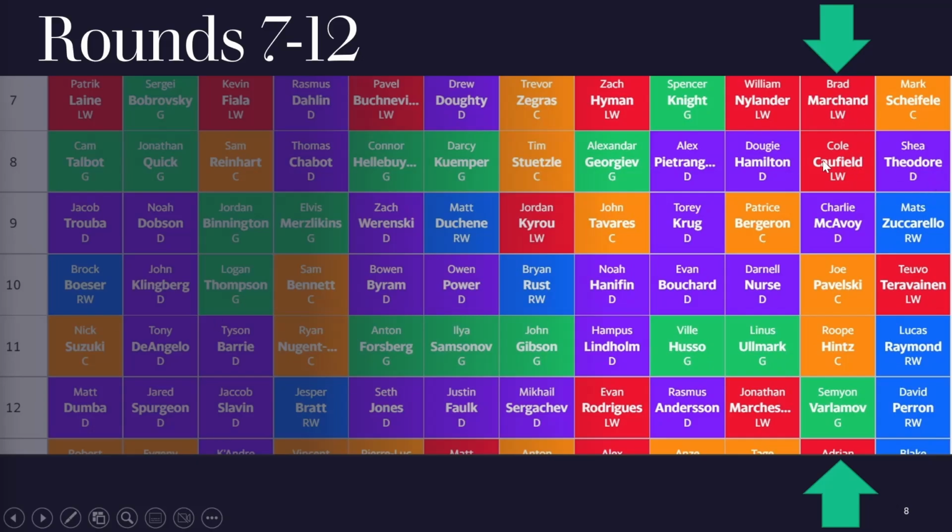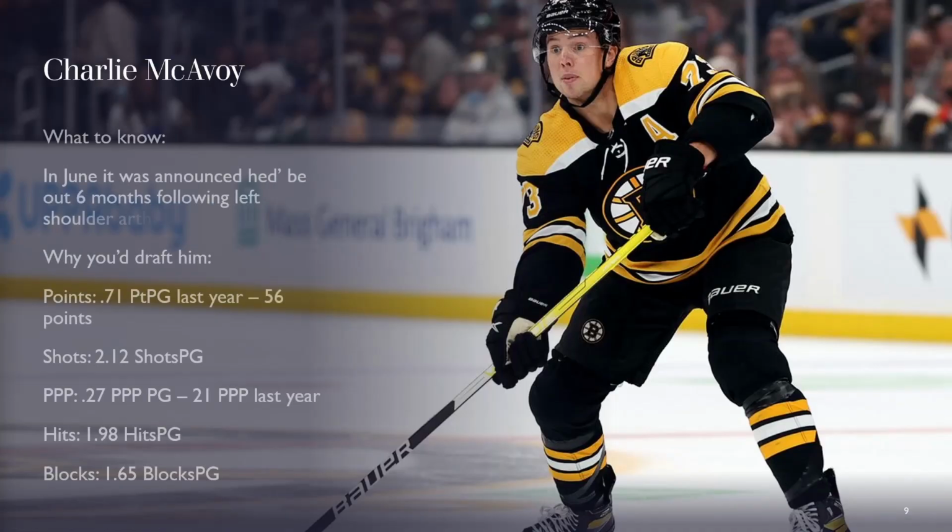Now, right past this, my next pick was Charlie McAvoy. He's another guy who's dropping, mainly due to health, but the main reason he's even in this range, so he's at ADP 132 in the 11th round thus far, is obviously because of injury. So in June, it was announced he'd be out 6 months after undergoing arthroscopic shoulder surgery, and his projected return date is early December. So I get it. This is definitely risky in some sense, but here as my D3, I'm willing to take 2/3 of a season of McAvoy and use his production to boost me down the stretch and into the playoffs, as opposed to taking a lesser talent for the entire season.